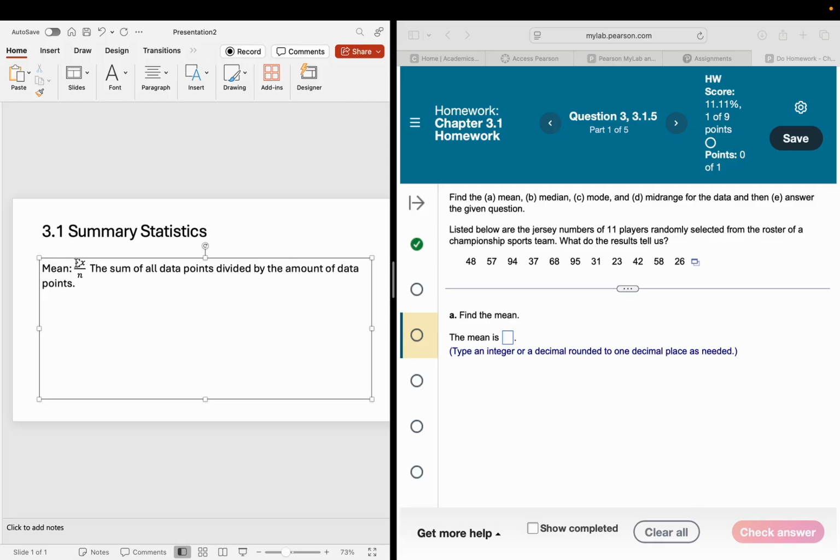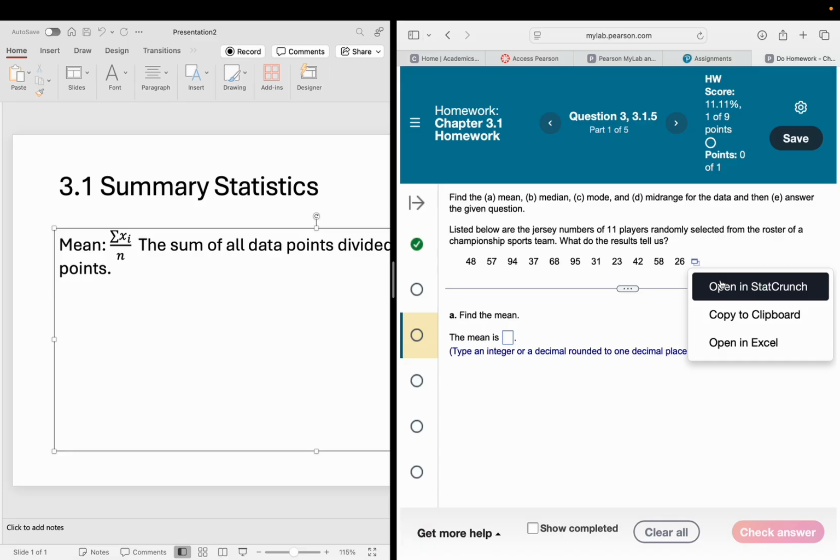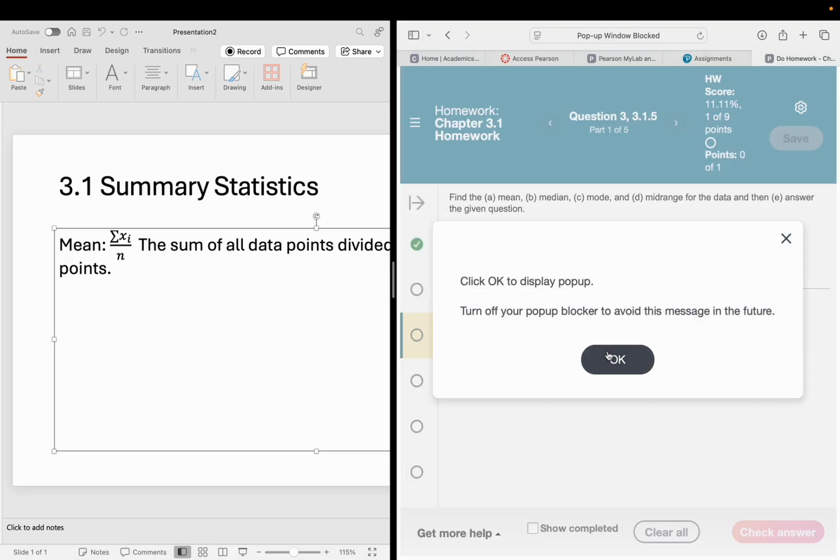Now, again, that's just the math way of writing it. That big Greek E is actually a Greek sigma, and it stands for sum, and it means take every single one of your data values and add them all up and then divide by how many there were. And again, we have StatCrunch, so gone are the days of writing 48 plus 57 plus 94 in your calculator. We can just open up StatCrunch,